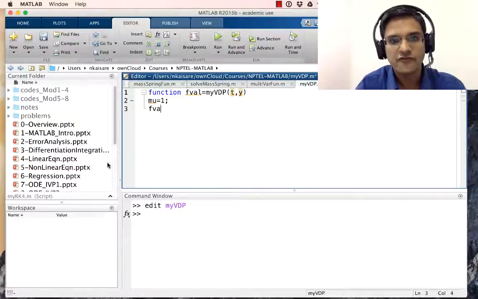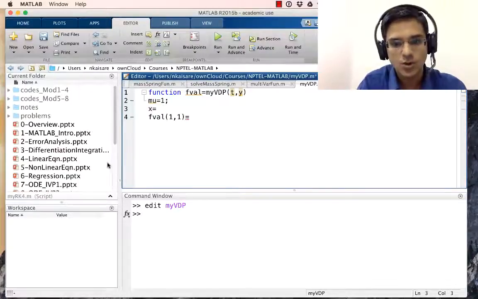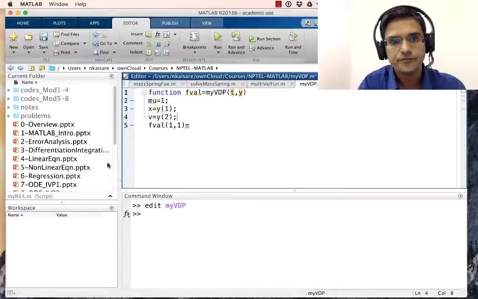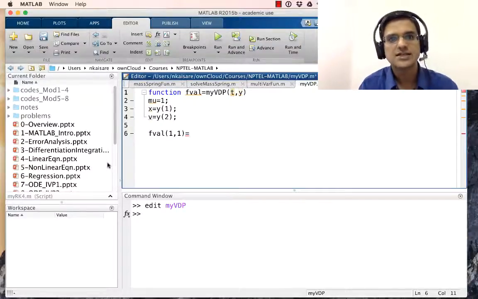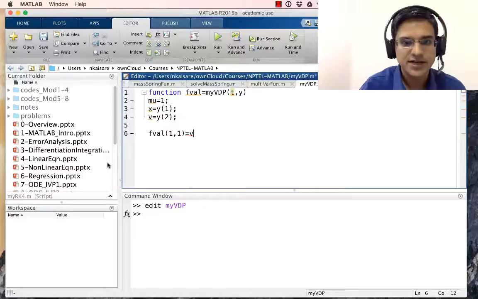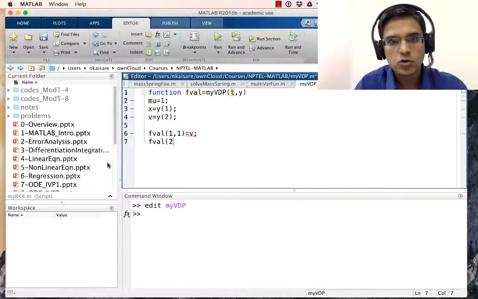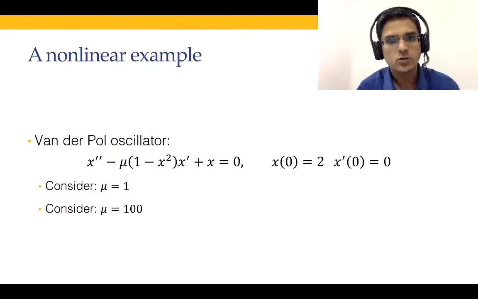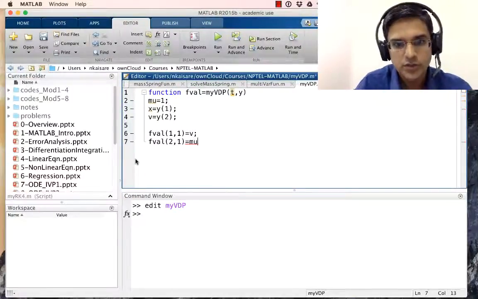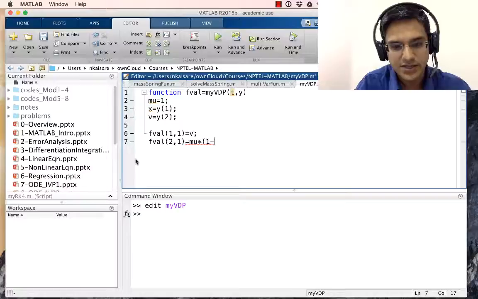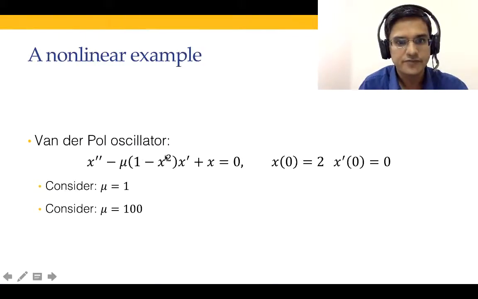Let's call x equal to y1 and v equal to y2. So fval(1,1) is dx/dt, which is equal to v, and fval(2,1) is going to be equal to mu multiplied by (1 minus x squared) multiplied by v